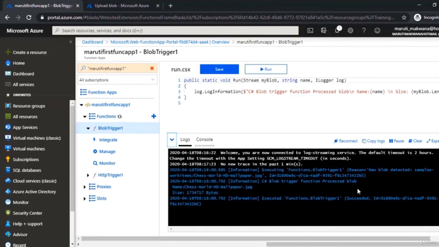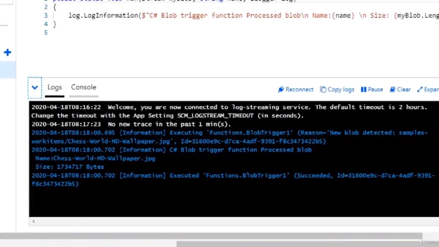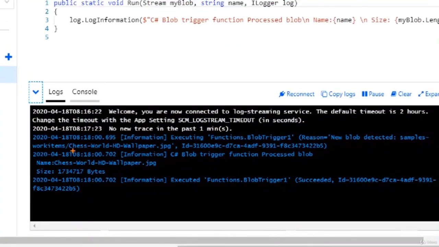Now you can see the moment I came to this function app, it's showing me that okay, you have uploaded one file which is with this name, and the size of that file is actually this one. So this name and size which we are printing, they are just triggering that function, and they are printing this thing here. Now this is showing me that my Azure function can technically connect with almost anything on Azure, and it has a couple of triggers associated with that thing. I hope you understood this. Thank you.